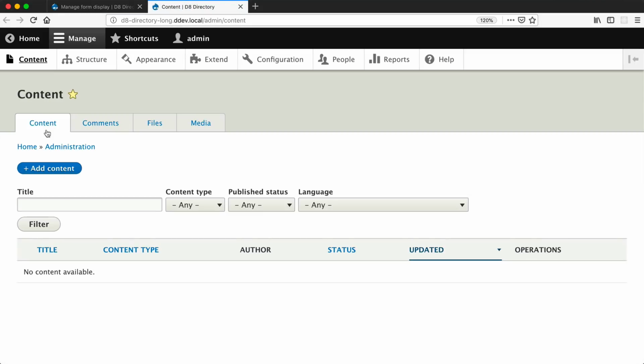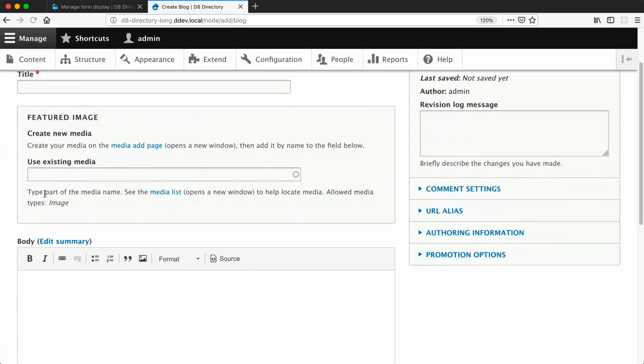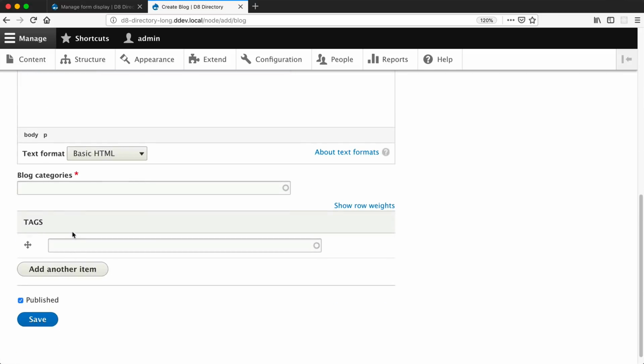So if I go into content, add content. Now, if this is the first video you are watching about Drupal and also how to create content in Drupal, I apologize because I will be flying through this pretty quickly. But to create content, you just click on the content tab under manage and then click on add content. And then from here, you can create content based off a particular content type. So let's go on the blog, and you can see that we have title, featured image, body, and then we